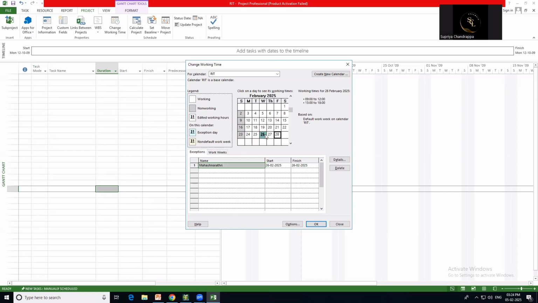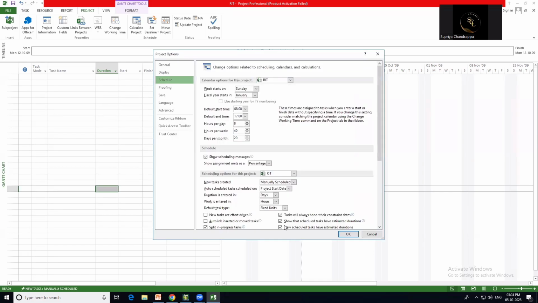Now it is clearly visible in red color, which means that day is a non-working day and should not be considered for the project schedule. That is how we maintain this calendar. First and foremost, before any project scheduling, we have to set a calendar first.